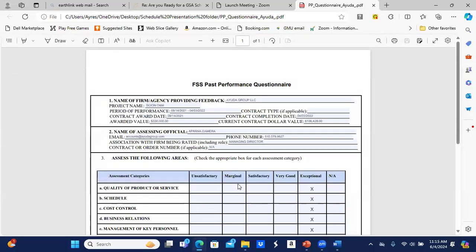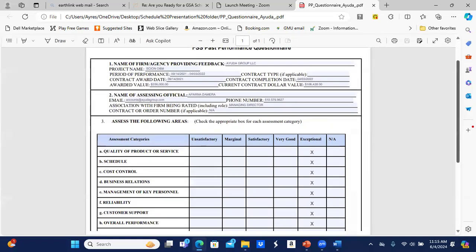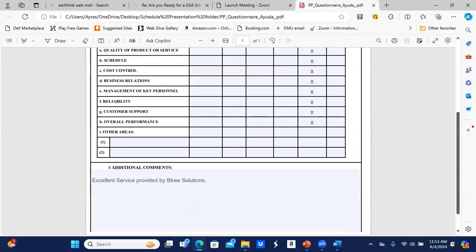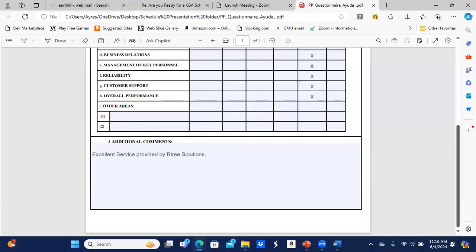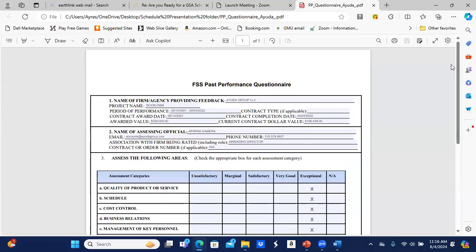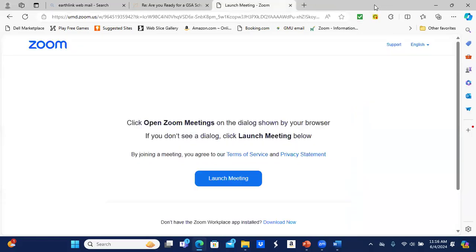This is the past performance questionnaire. So you're sending this out to the individual that you've referenced. And I always say, fill it out ahead of time. If they don't like how you fill it out, in fact, they can change it. But if you fill it out ahead of time, at least you're guaranteeing yourself a reasonable return.